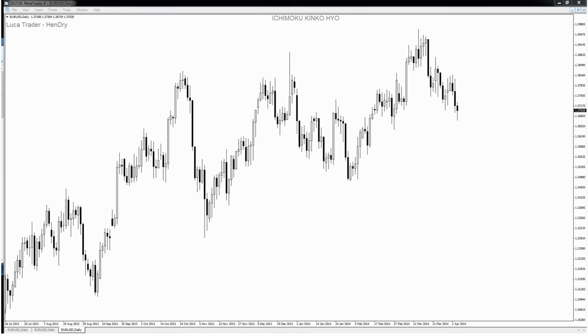So today's topic is going to be how are we going to trade like a Japanese? How are we going to forecast a market, in either the stock market or forex market, like a Japanese? Right. As you can see from the title, it's Ichimoku Kinko Hyo. It's one of the